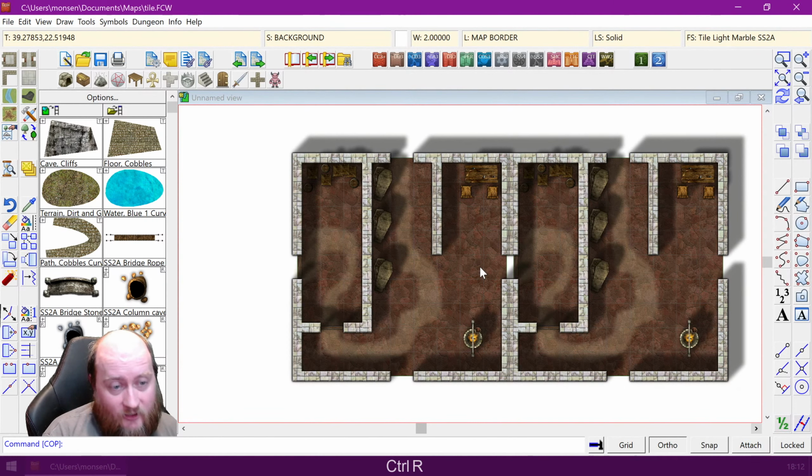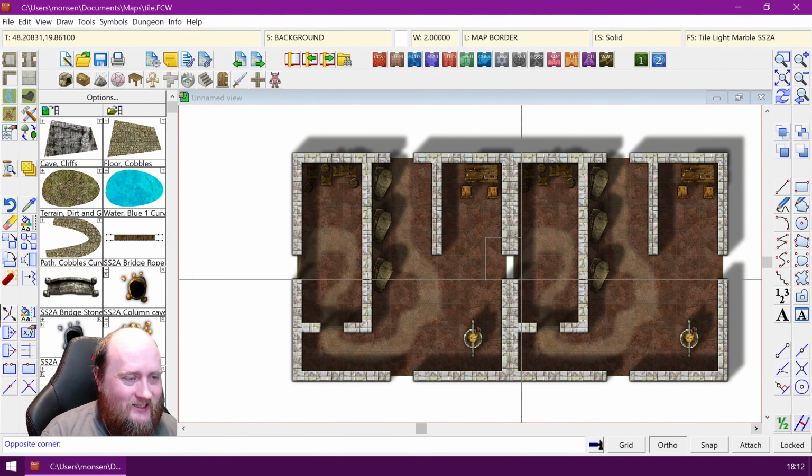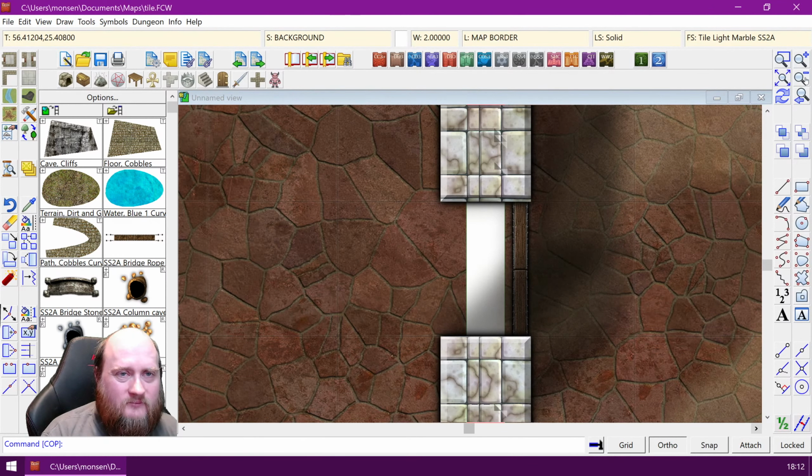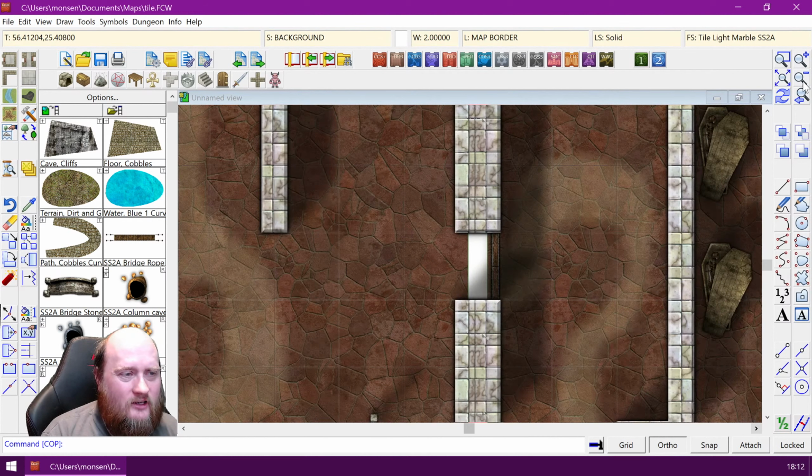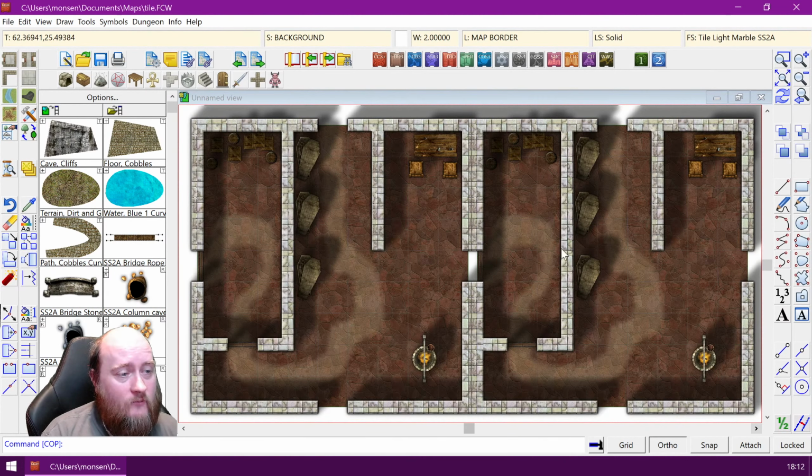I think I know what I did wrong, actually. Instead of pressing Ctrl R to redraw the map, I pressed Ctrl Z to undo. I'm using undo a lot, but it's these kind of small silly mistakes you often make. But as you can see, if I try to place these next to each other again, I get these small weird holes in the middle where the floors are supposed to be meeting. So I kind of need to